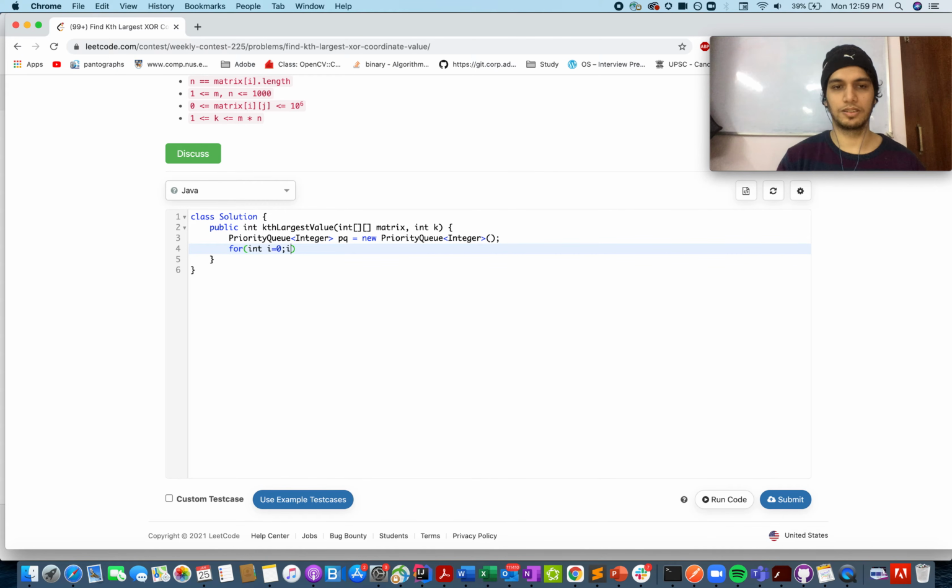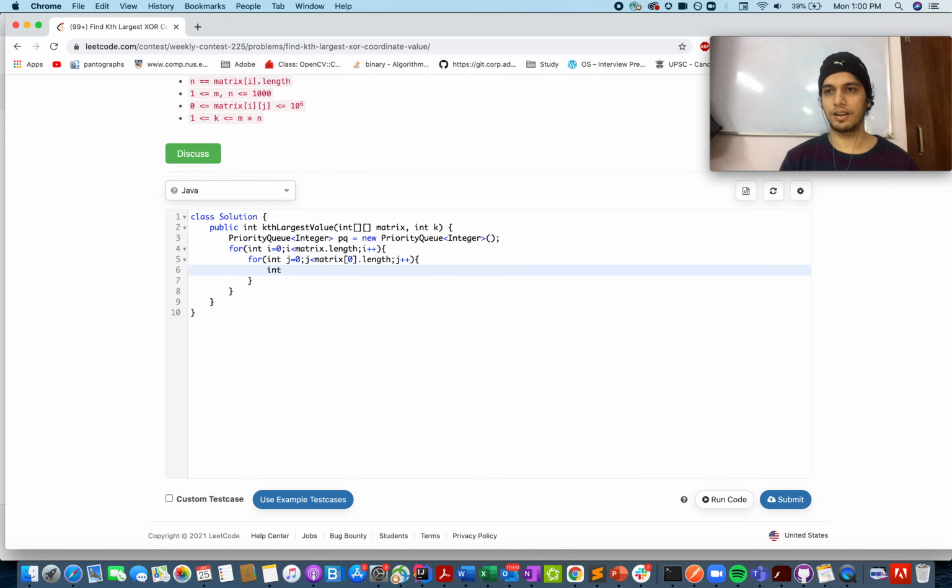Integer i equals 0, i is less than matrix dot length, i plus plus, and then we have the loop for the j index, iterating over all the elements, j plus plus, and let's calculate the top left and the top elements, and let's define three variables.